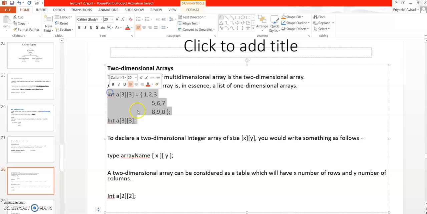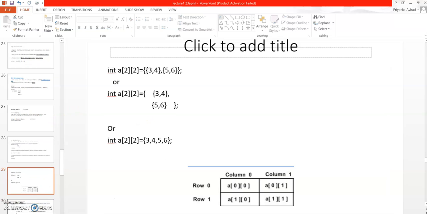And the next option is what? You can accept elements from the user. Now how to accept those elements and how to store those elements? So the format for your 2-dimensional array is like this. The first element will be stored at a of 0, 0. The next element will be stored at a of 0, 1. Then the third element is at row 1, column 0. This 0, 0 is for row 0 and column 0.